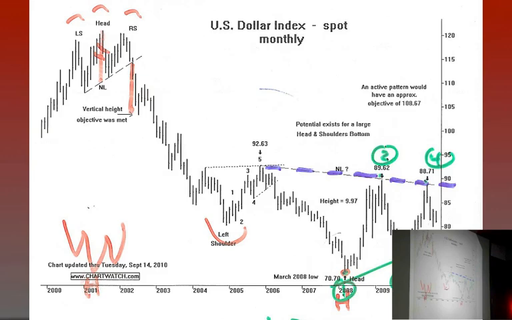Now, don't get too excited about this yet, because here's what the bears are going to say. They're going to say, well, look, that's reversal of minor trend. So is this. So is this point, and so is 88.71. They will have a line in here, and they're going to say, well, that pattern that's trying to form is a symmetrical triangle as a bearish continuation pattern.